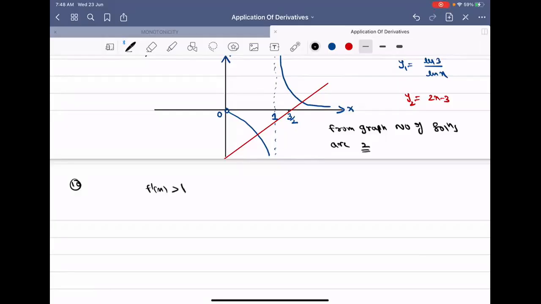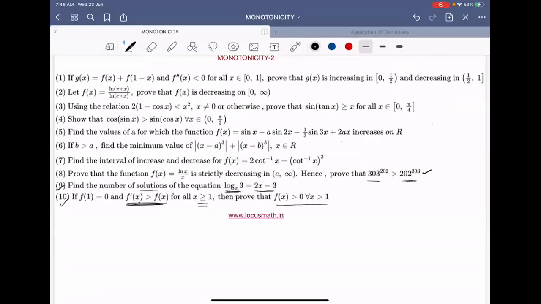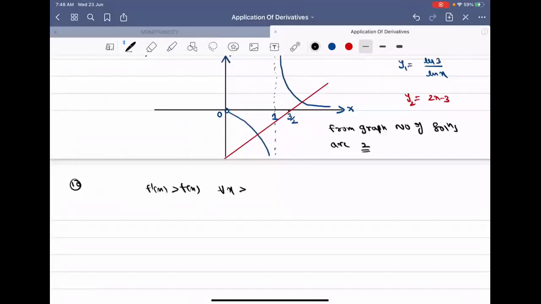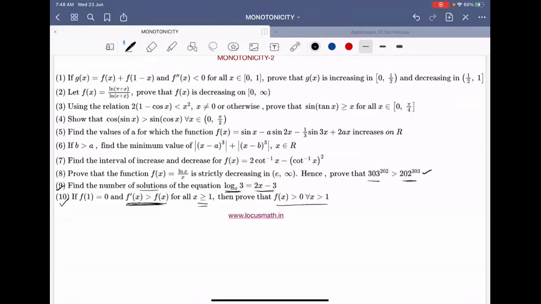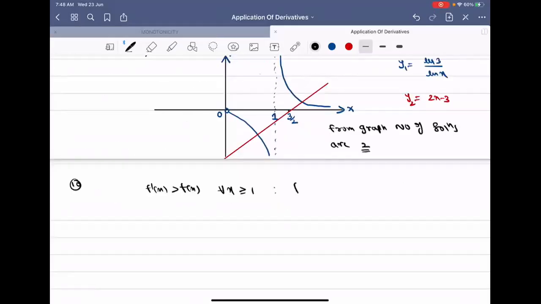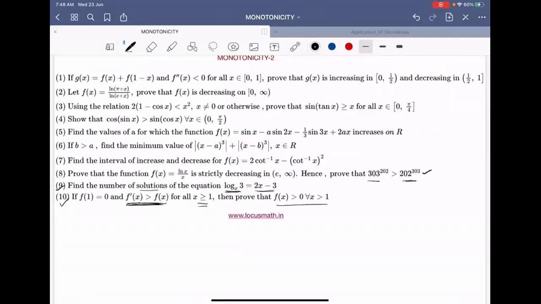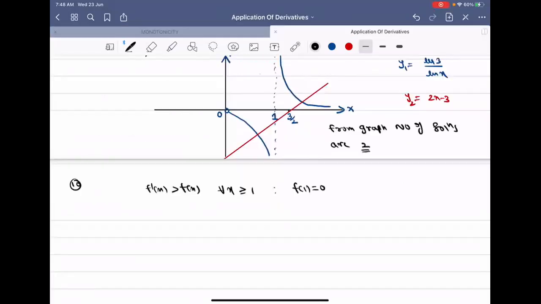f dash x is greater than f of x for every x greater than or equal to 1. This is the given. Next one is f of 1 equal to 0, which is given. Then we need to put this. So from this one,